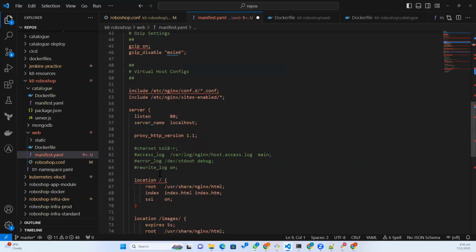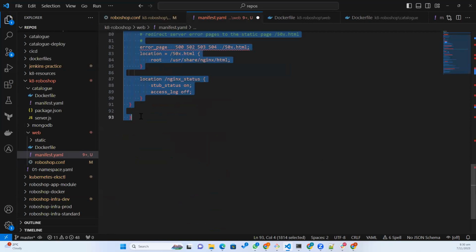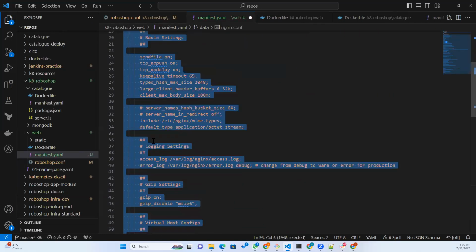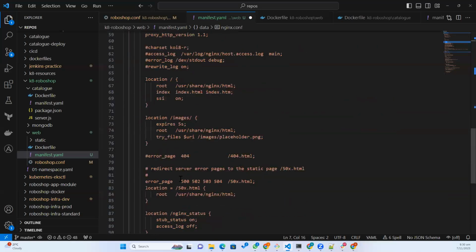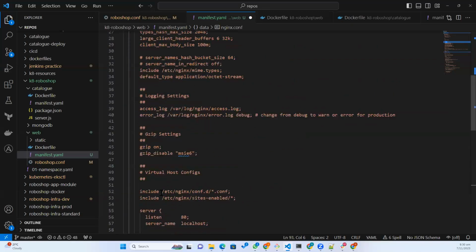Just mind the indentation. Okay, so I copied the entire Nginx configuration here. Right, and after that,